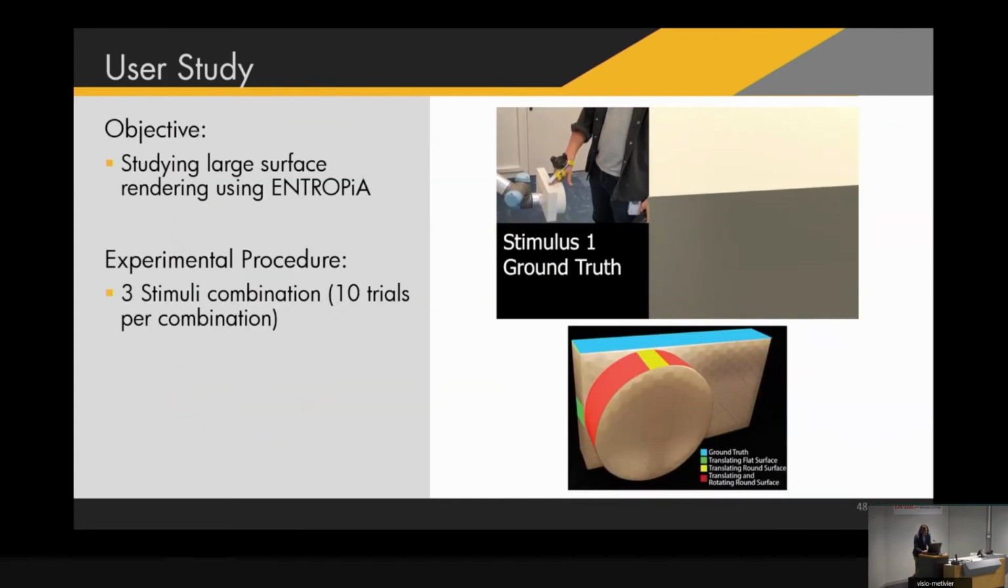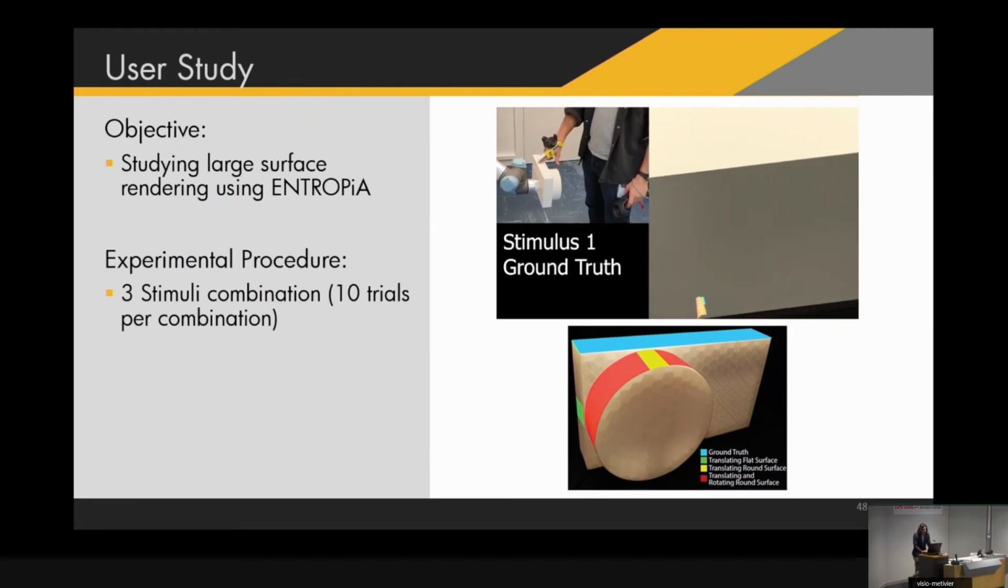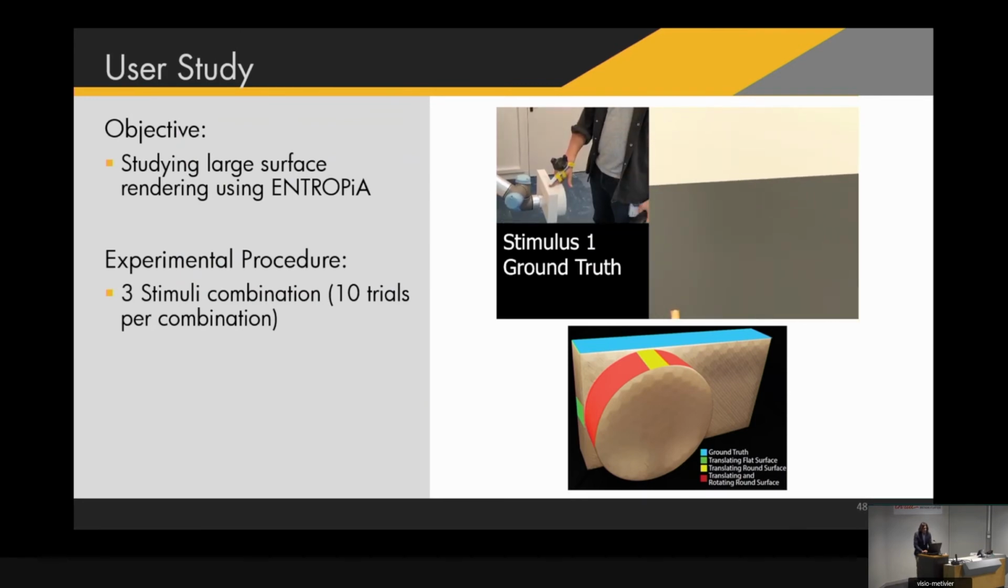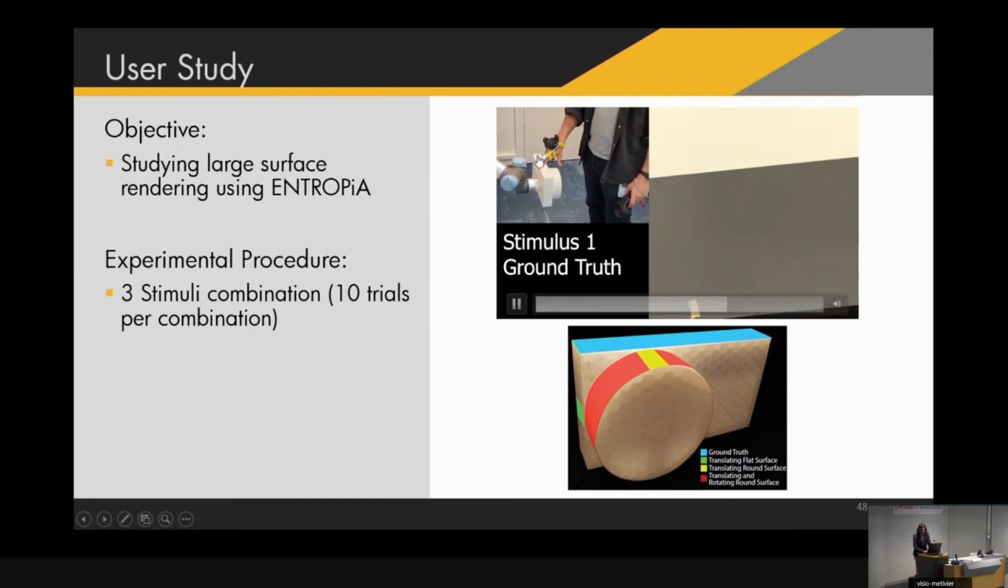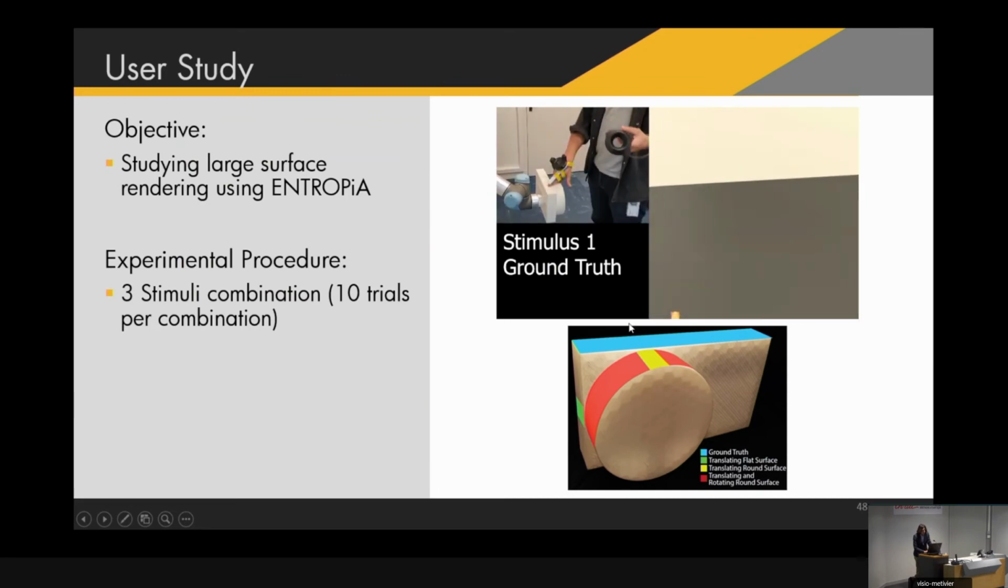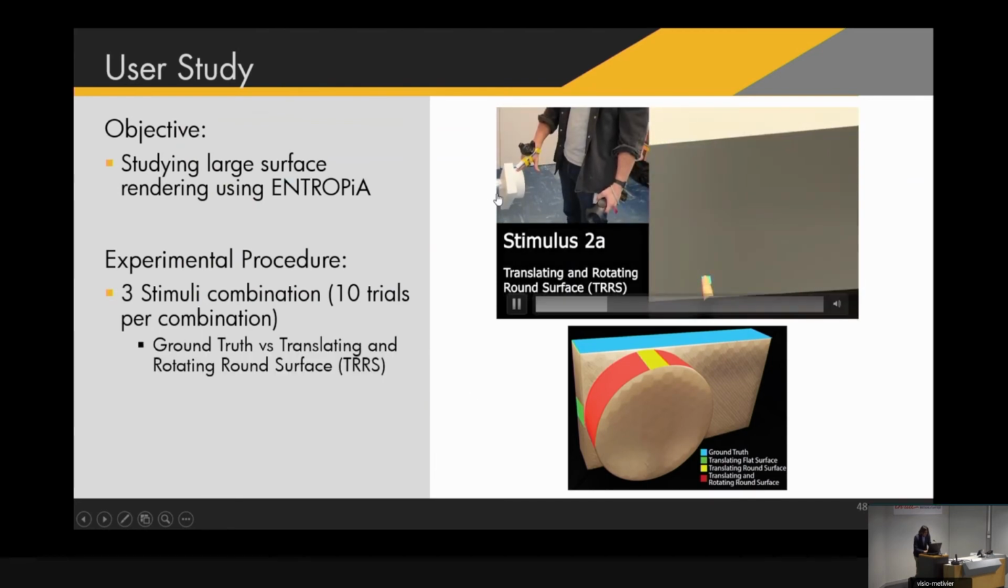So for assessing the evaluation of this approach, for assessing the performance of this approach, basically we created a user study for studying large surface rendering using Entropia. And we compared two different stimuli. The first stimulus is touching the ground truth, which is under the experimental prop over here, where users touch a large surface, guided by our safety technique, by our interaction technique, and three stimuli combinations, such as the Entropia approach,